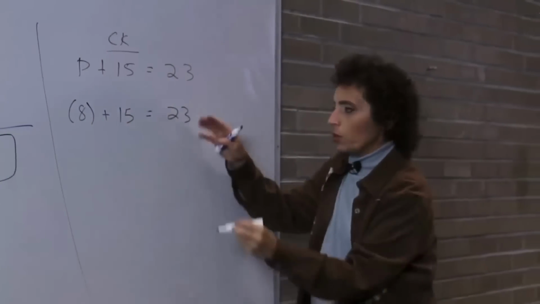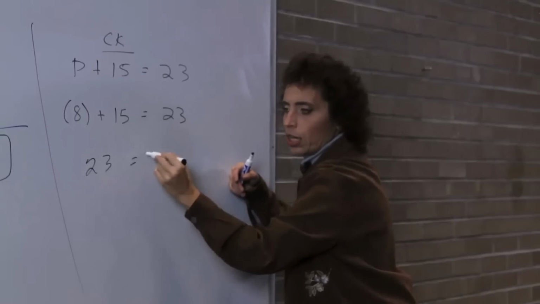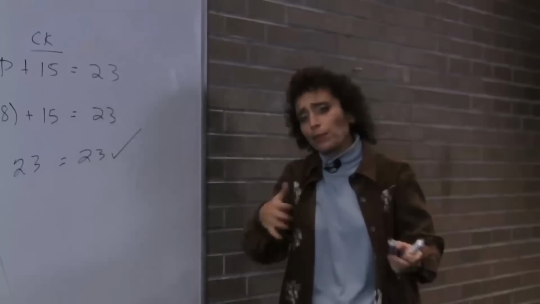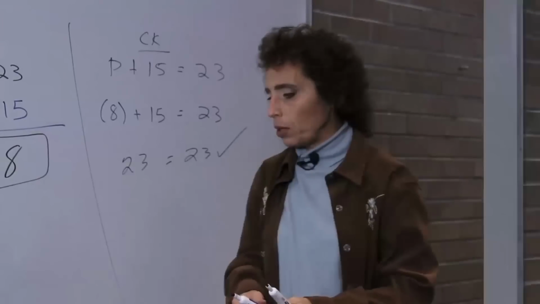Okay, there's nothing to do on the right side, so leave it alone. Just do the entire left side. That's 23, and that equals 23. There's your check. So that's how we write it. I'm going to be doing some checks, but not all the checks in all the problems we do. Let's take a look at some other problems.